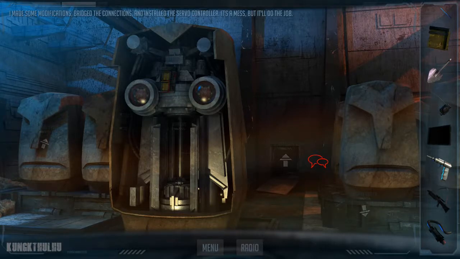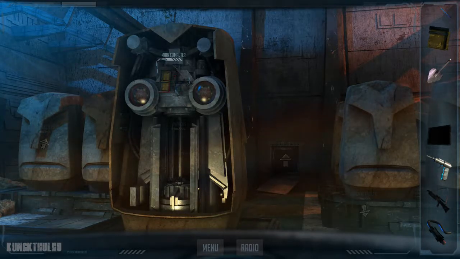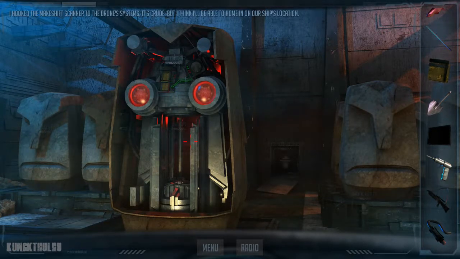It's a mess, but it'll do the job. I hooked the makeshift scanner to the drone's systems. It's crude, but I think I'll be able to home in on our ship's location.